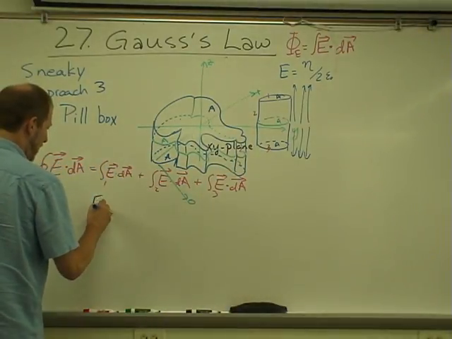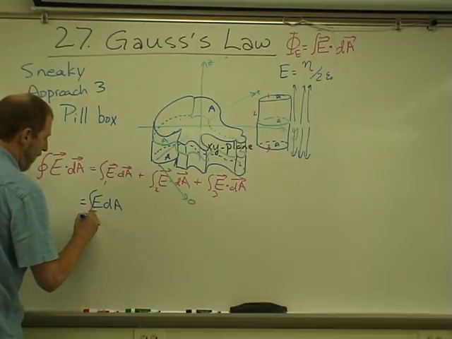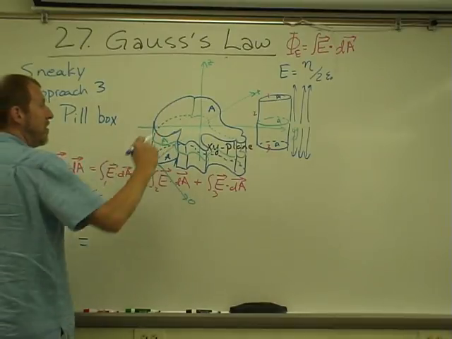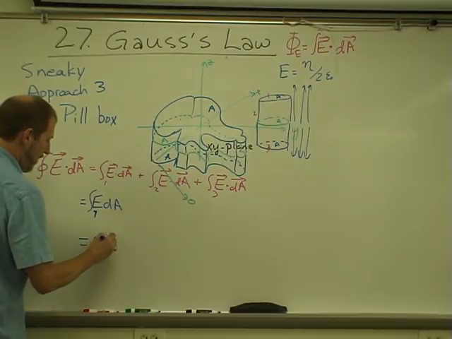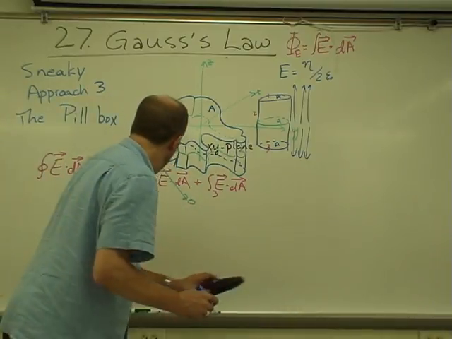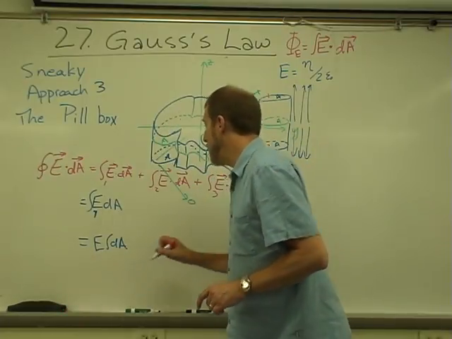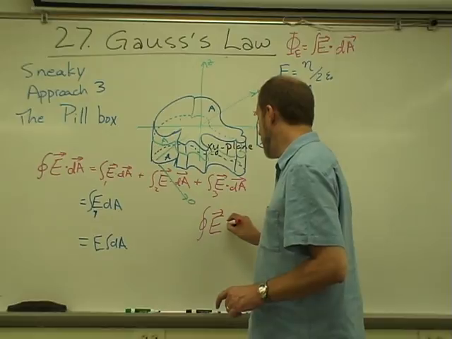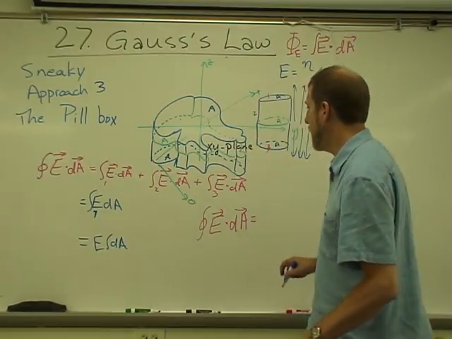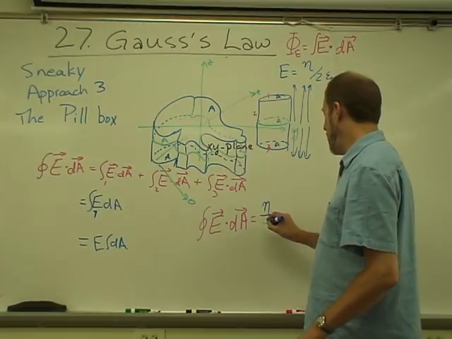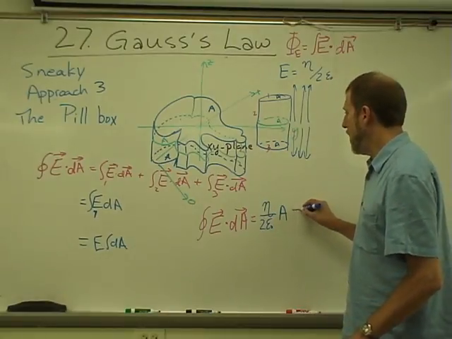E dot dA is just the integral of E dA, and the electric field at a constant distance from the plane, actually the electric field anywhere in space, will be constant. So I just have the electric field times the integral of dA, or I have that the net integral, the integral over the closed surface of E dot dA, is equal to the electric field, eta over 2 epsilon naught, times the area, plus 0